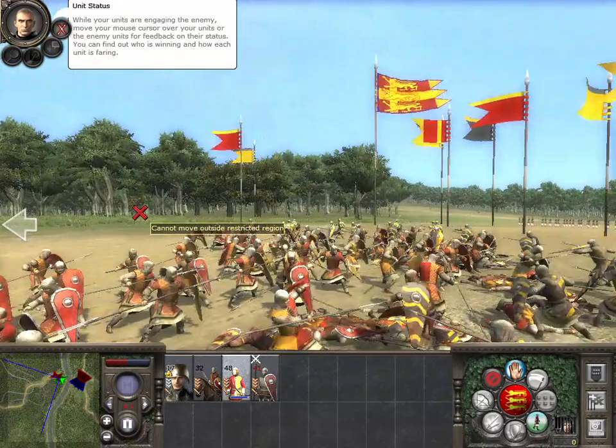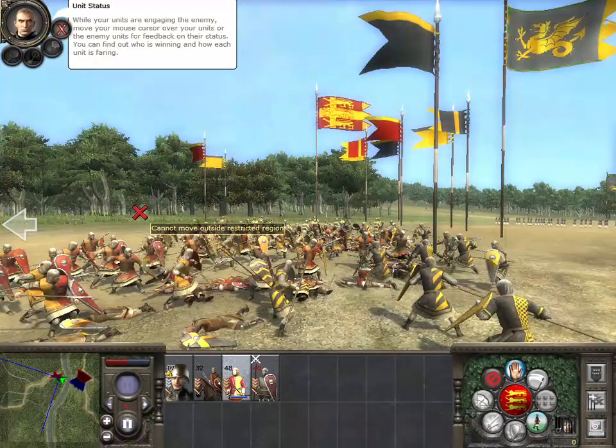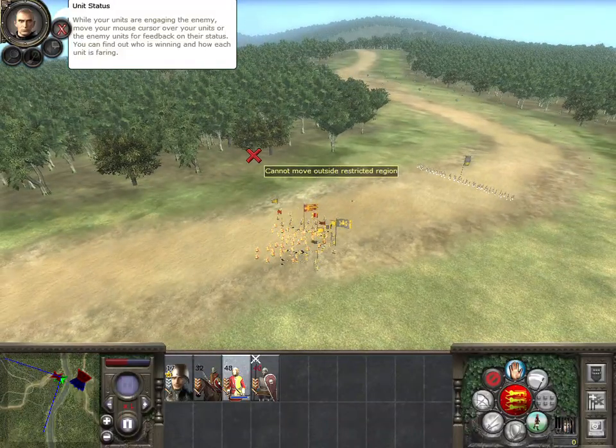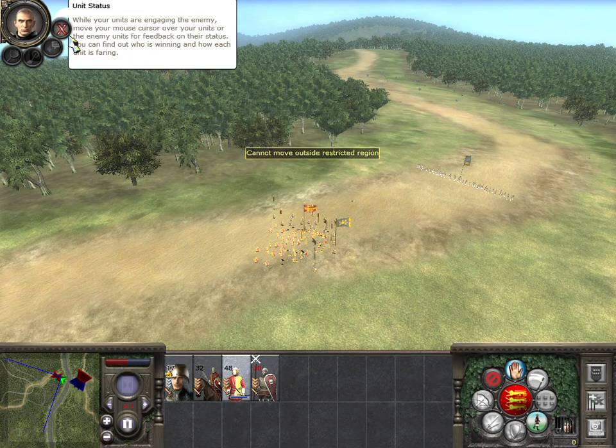While your units are engaging the enemy, move your mouse cursor over your units or the enemy units for feedback on their status. You can find out who is winning and